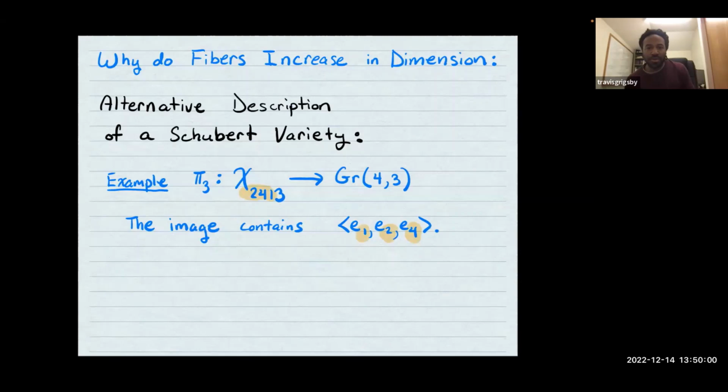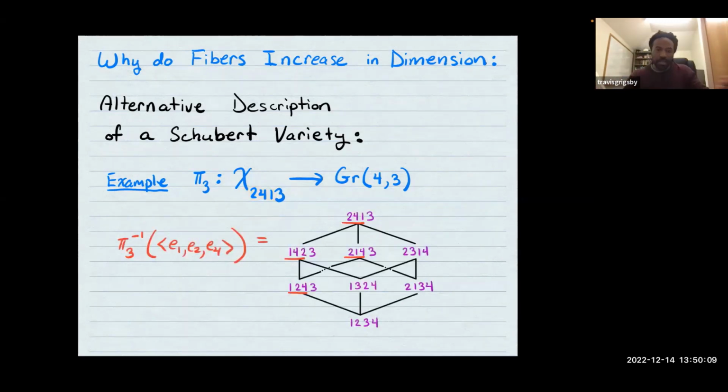So it has a 2, a 4, and a 1, so I'm going to project onto the space spanned by the first, second, and fourth basis vectors. And so you can see from the Bruhat interval exactly which permutation cells are going to project onto